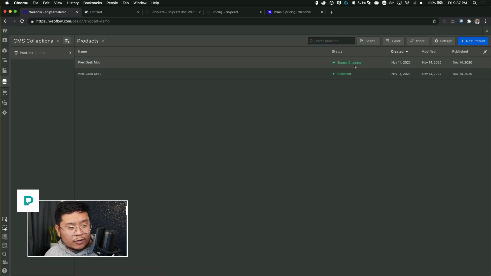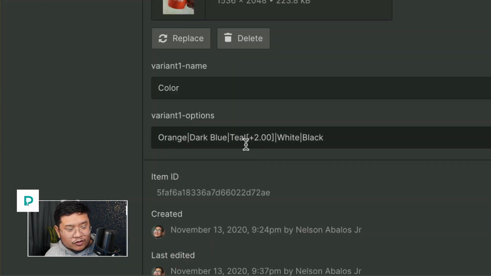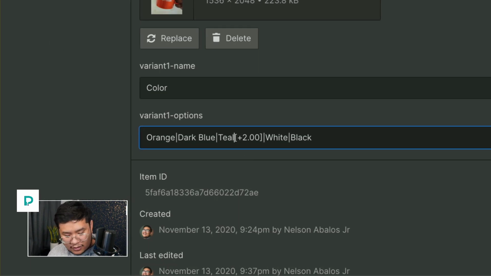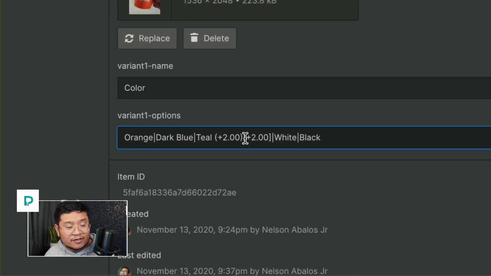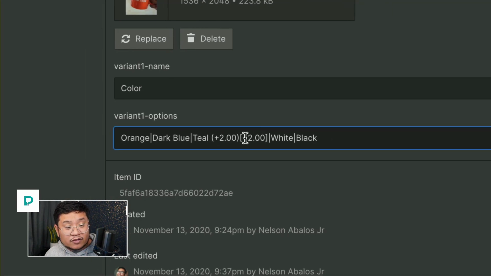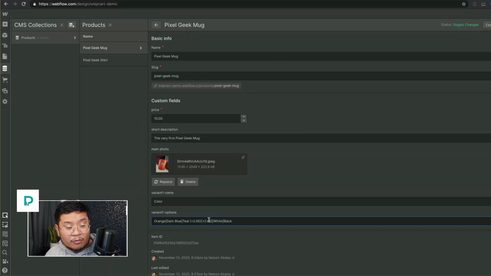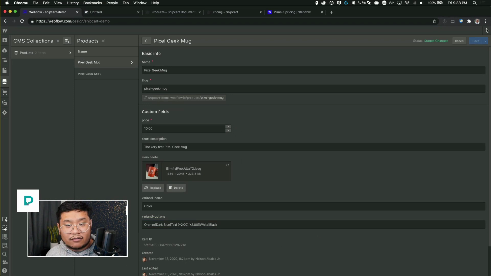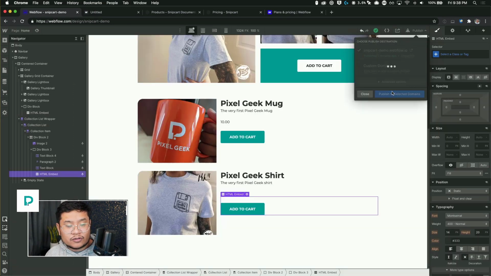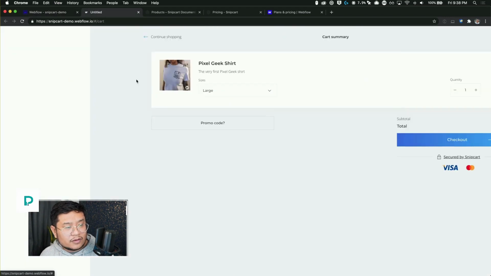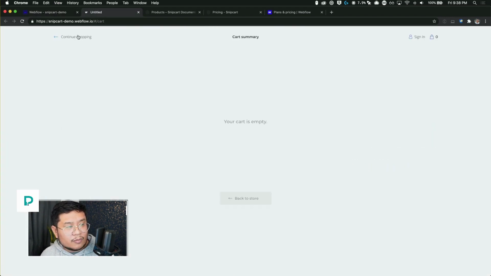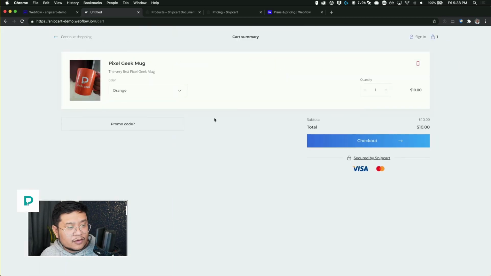And one more thing I want to do with this. I want to make sure that people know that it's $2. So I'm going to say plus $2, and I'll show you why soon. I wrapped it with parentheses, and the code is going to pick up the square brackets. All right, save, publish. Let's refresh this, delete that one, go back to shopping, add to cart, and there we go.